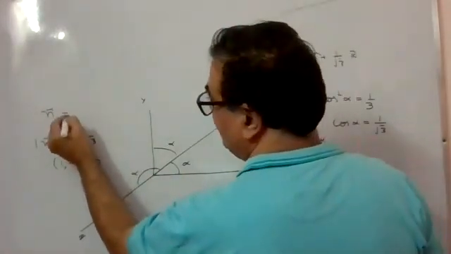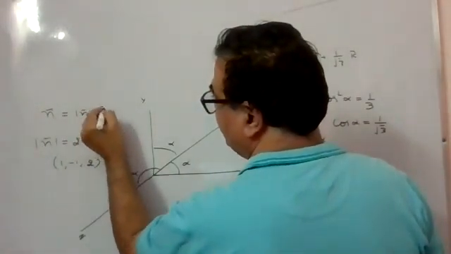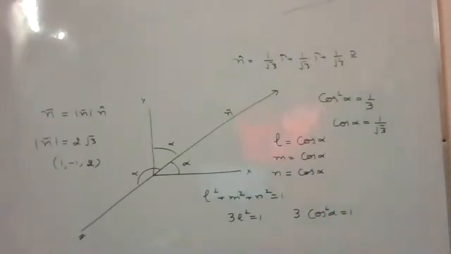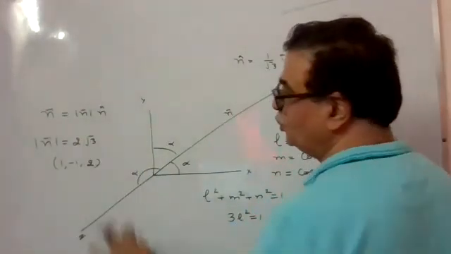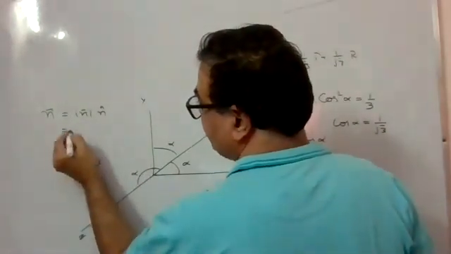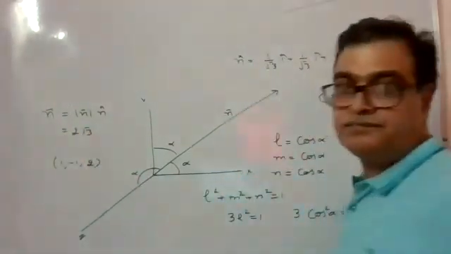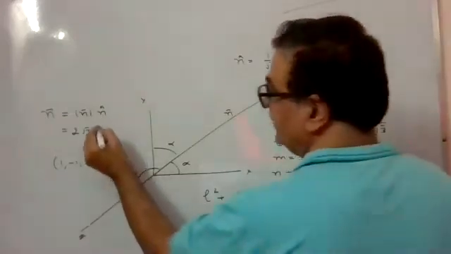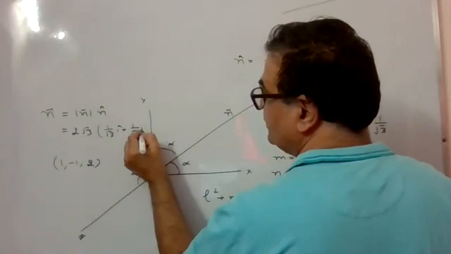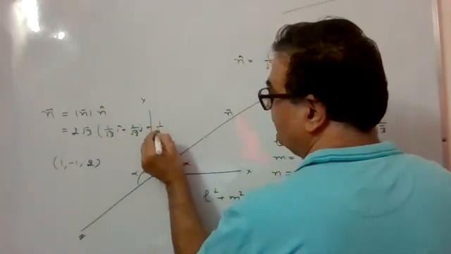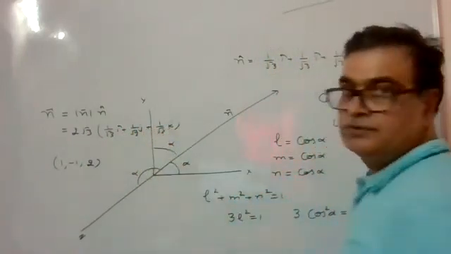N vector is equal to what? Magnitude of n into n cap. How much magnitude of n was given in the question? 2√3. So I'll write this as 2√3, and here we have 1 by √3 i cap plus 1 by √3 j cap plus 1 by √3 k cap. This is